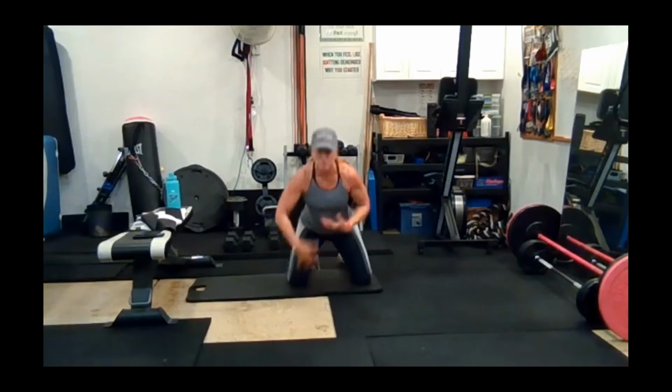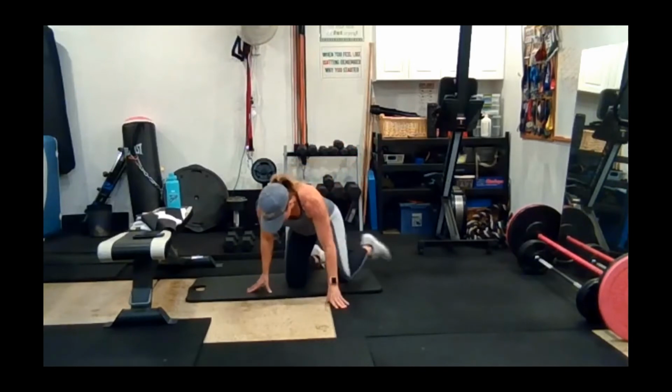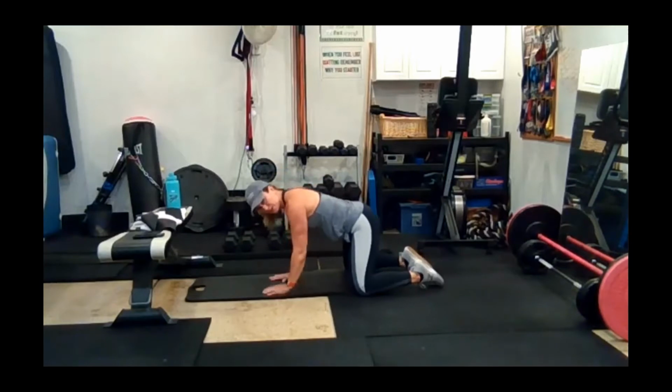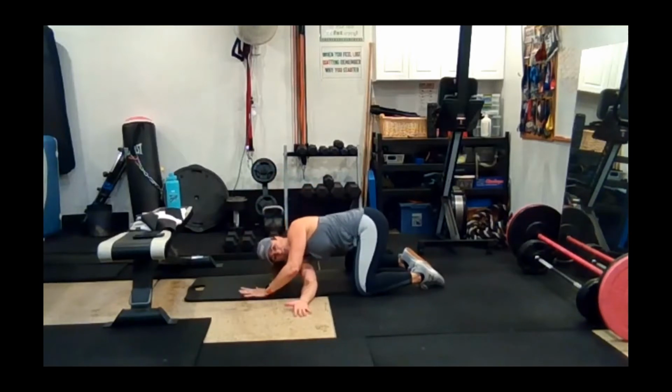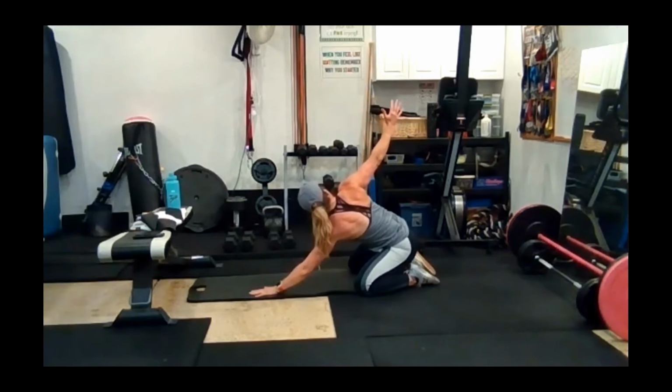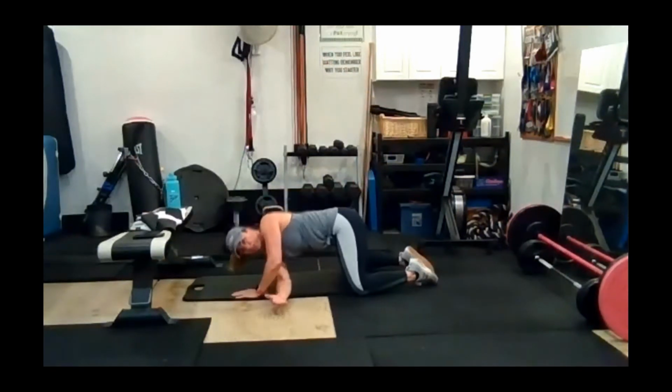We're going to work on a little bit of rotation here in our thoracic spine. I'll give you a side view. So my feet are about shoulder width apart. I'm going to reach under, drop the shoulder, feel that stretch in the back of the shoulder along the shoulder girdle, and then shift my hips back and open, squeeze my shoulder blades together here. So it's forward reach,